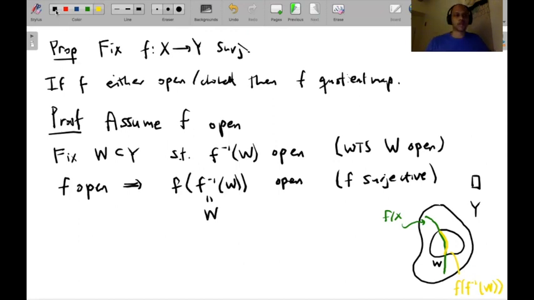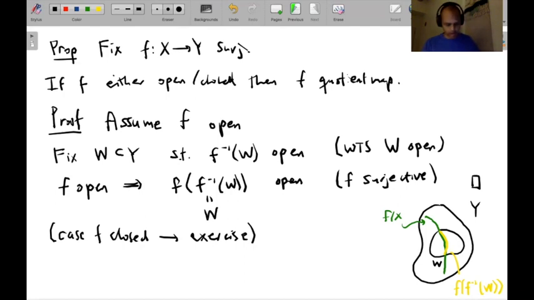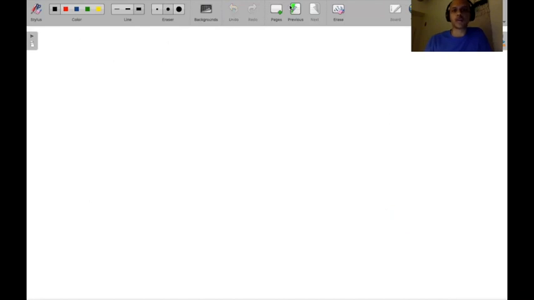Right. So the case F is closed, I'll leave for you as an exercise. It's a good exercise to do. Okay, and then, as a corollary of this proposition, this gives us what will be an easy test for